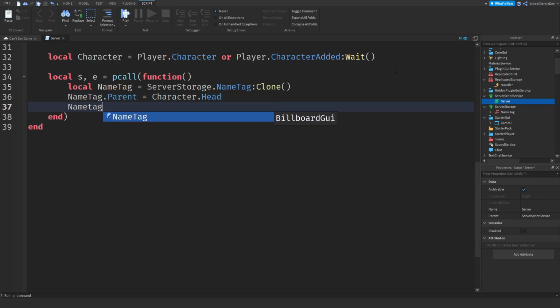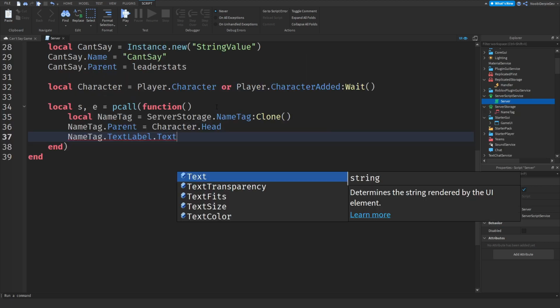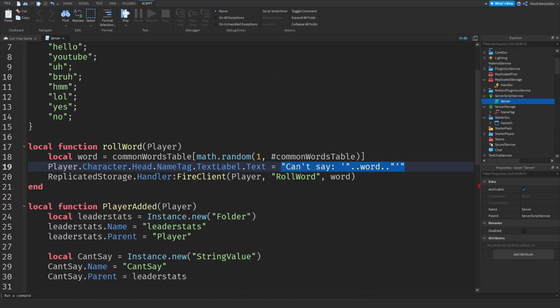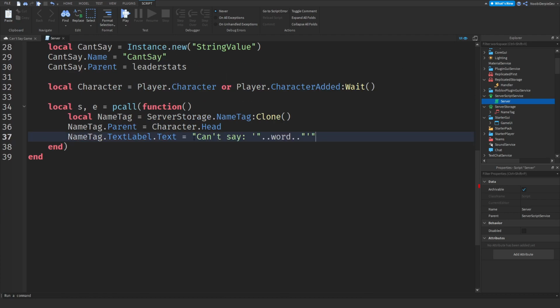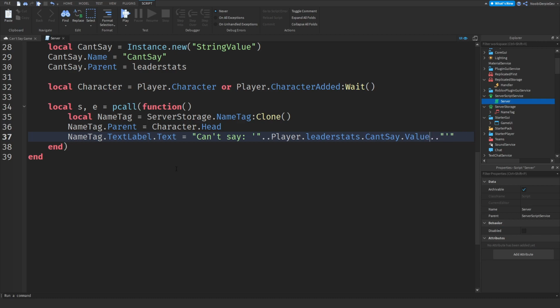and then nameTag's TextLabel, because there's a text label in the name tag to say what you can or cannot say. So now you want to copy this again, the can't say word is equal to that, but change this to player.leaderstats.CantSay.Value, like this. Okay.